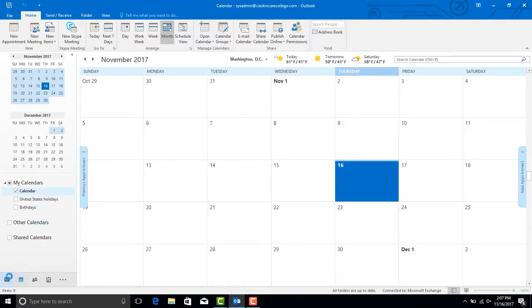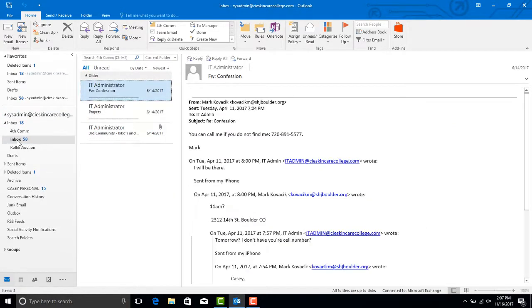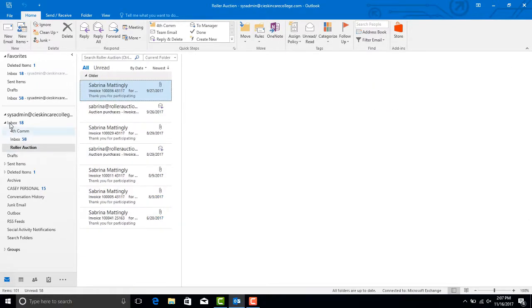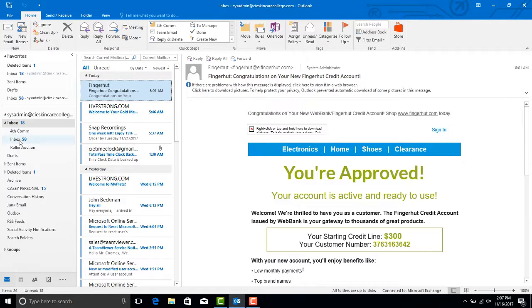Okay, while we're here, let's go back to the inbox by clicking on the envelope in the bottom left-hand corner. We're going to do some organizational things by playing with the directories. Now you can open up directories, expand them, or collapse them by clicking on the little arrows next to the name of the folders that you want to open. And then you can put emails into those folders by pulling on an email and dragging it